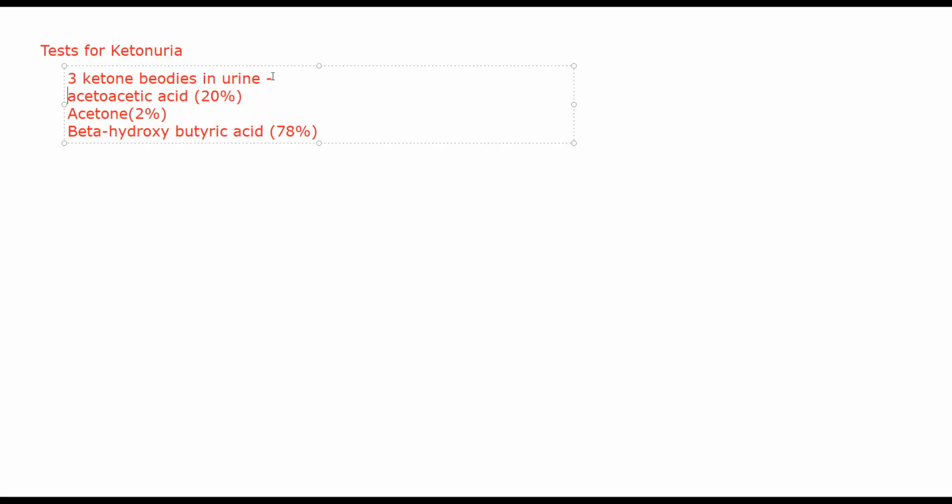ठीक है, आप मेनली कीटोन्यूरिया के लिए you can use reagent strip test, you can use Rothera test और you can use Gerhardt test. ठीक है, we'll go with Rothera test. अब रोथरा टेस्ट में क्या करते हैं आप? ठीक है, ketones when they combine with any alkaline solution of sodium nitroprusside, they will form a purple colored complex. ठीक है, so you are checking for that purple colored ring.